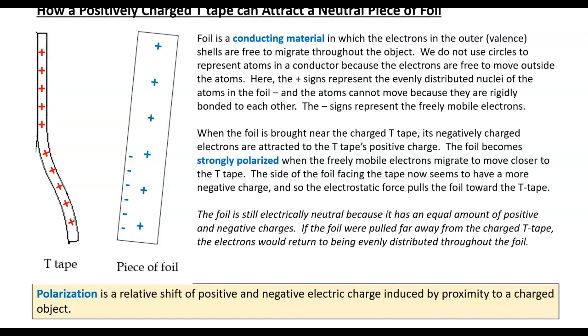distributed throughout the foil. So this is polarization as well, but here the foil, which is a conducting material, becomes strongly polarized. One end of that piece of foil, the end that's closest to the T-tape, really does have an excess of electrons at this point. They've all gathered down there, and the other end has a deficit of electrons because they all migrated to the other end. So we see a much stronger difference in charge from one end of the foil to the